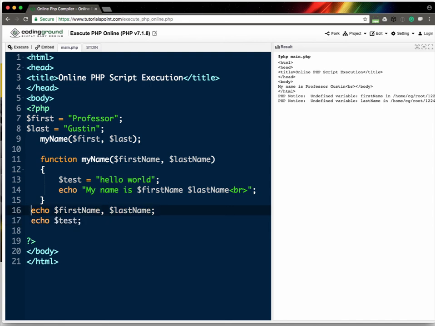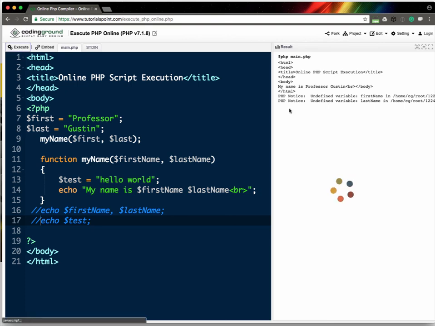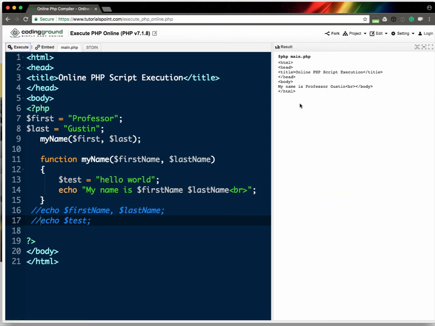I'm going to comment this out so that we don't get an error message on that. And let me comment this one out too, so we'll get rid of these error messages and just run it so that we have a clean result to go from. So inside here we're creating test, and then outside of here we're going to try to print it and execute, and we get the undefined variable test. So when we create a variable inside a set of curly braces, the rule is it's only available inside those